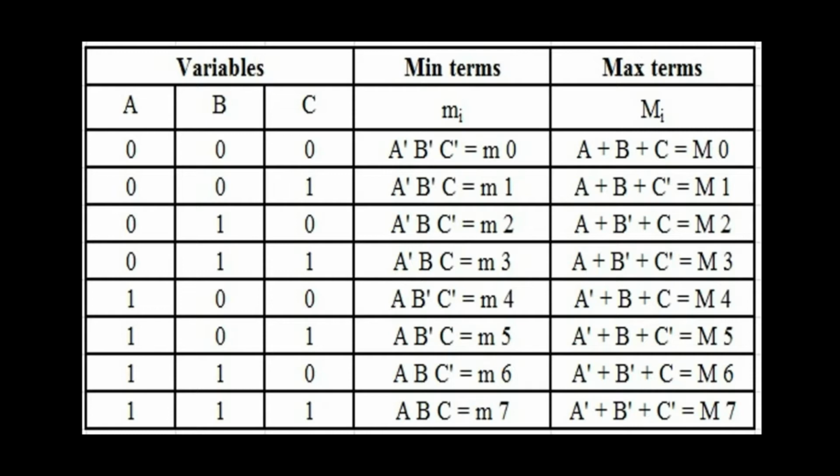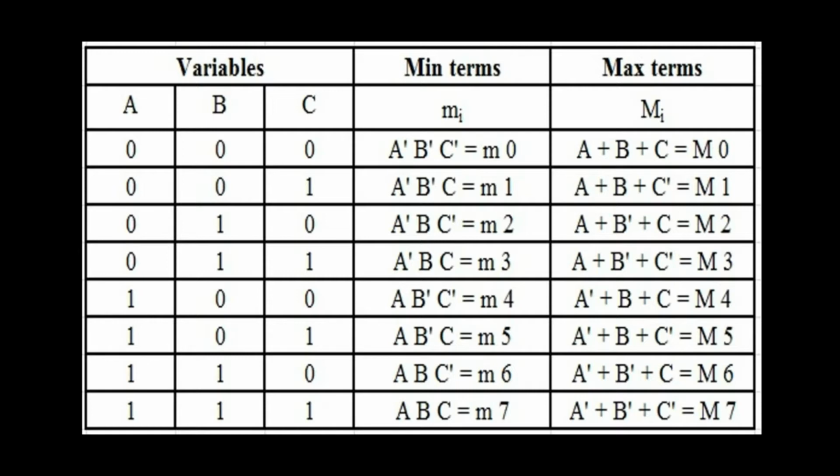So the first number 0, 0, 0 is the binary equivalent of the number 0. Next, 0, 0, 1 is the binary equivalent of the number 1. Like that you should write up to the number 7. So we are starting from 0 till 7. I have written the binary numbers. And the next column is the min terms column. I have already explained min terms in another video, the sum of product video. If you want, you can watch that video. Small m represents the min terms. Min terms are the multiplication terms, product terms.